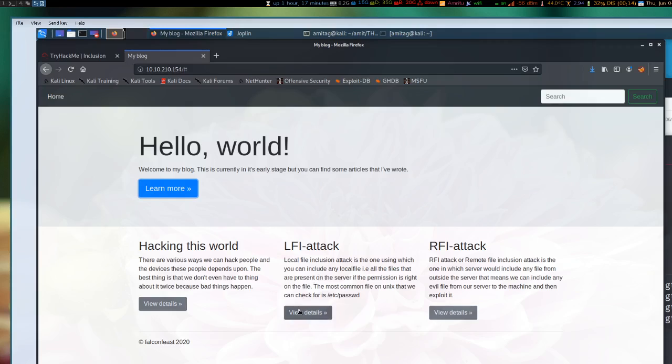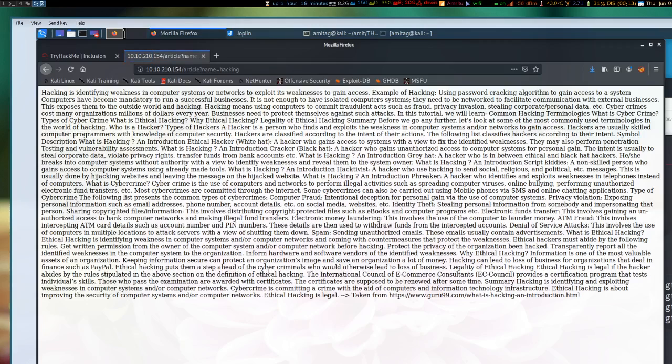This also is going to the same page but with a different name, and this also is going to the same page with a different name. Now I have not run a nmap on this server because it clearly says that it is a LFI attack, so there is no point of running a nmap. We know that we are going to get a